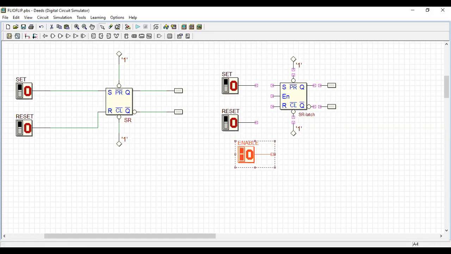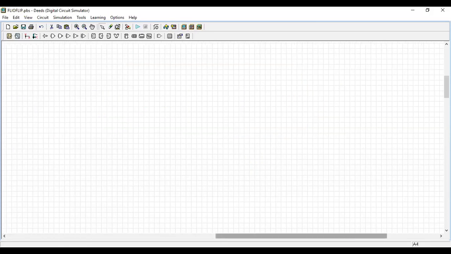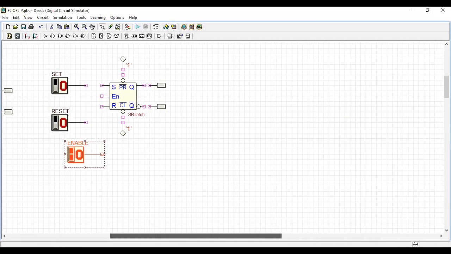So now we will do the wiring. Enable should be always on.